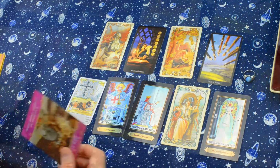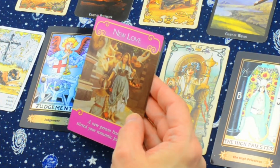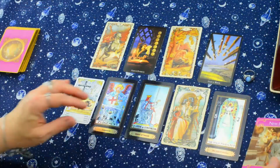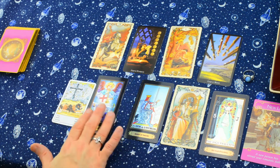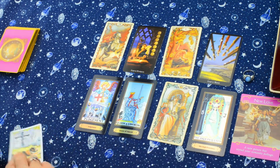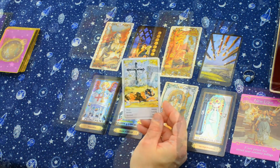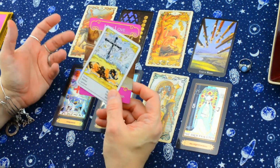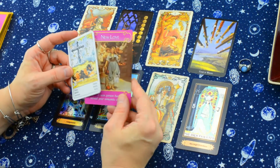All right, now let's pull a love oracle card here. Oh, well, that was fast. New love. A new person has stirred your romantic feelings. Okay. That's an interesting card there because we got the Fidelity card here. And in a love relationship, fidelity would mean being true to the person that you're with. And if a new love has come about, or you became interested in somebody else,